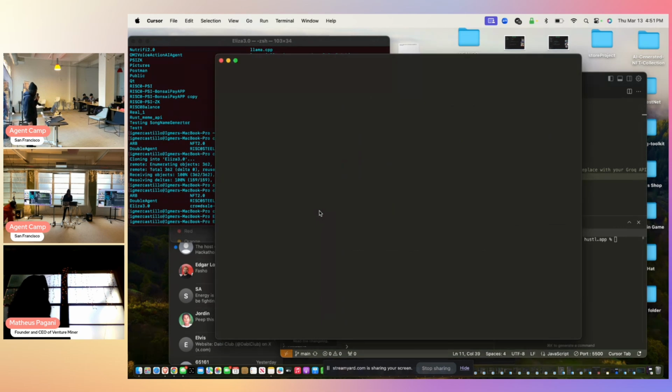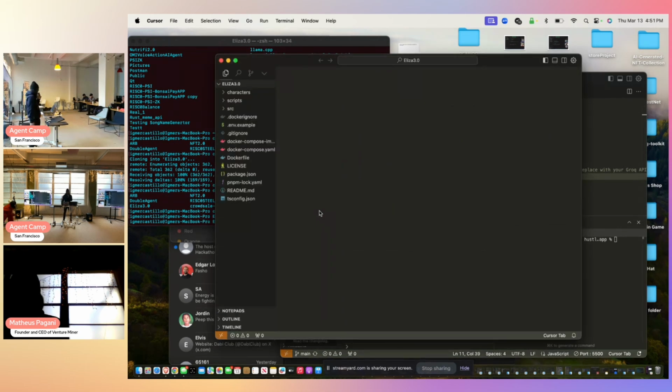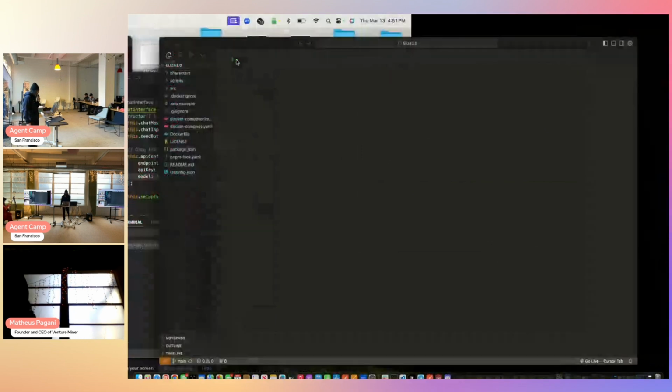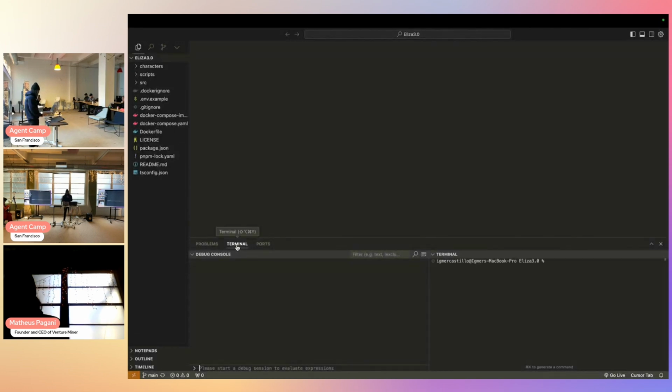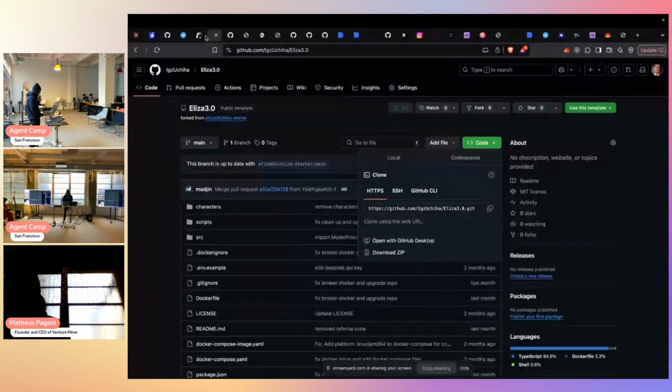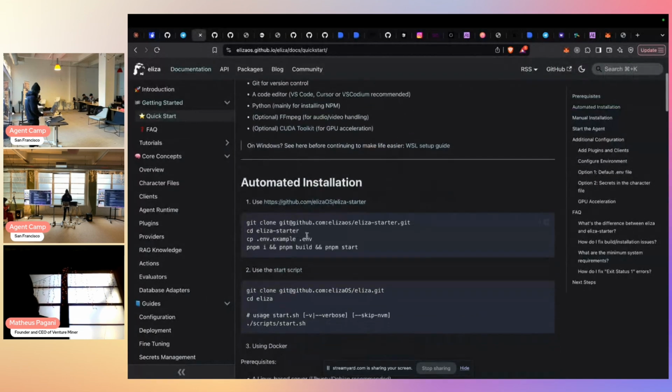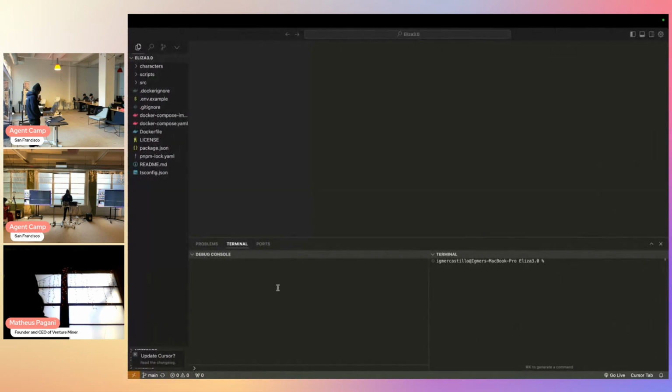Now it's going to open the actual Eliza project inside of Cursor, VS Code, IntelliJ, whatever you choose to use. Another command I like to run off the bat is Command J, so it opens your terminal. Inside here, we usually run stuff like npm install, npm start, npm start client dev. We're going to go back inside the Eliza documentation and see what they want us to run off the bat. It wants us to copy an env file, so we'll do that. Inside the terminal, we're going to run.